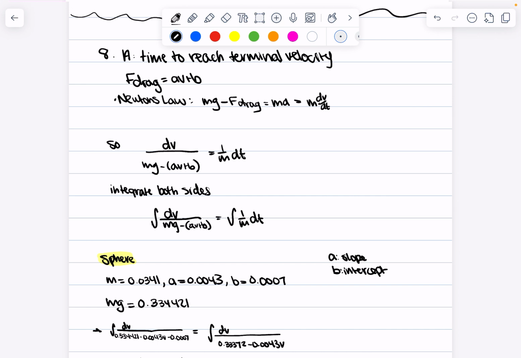dv over mg minus (av plus b) is equal to 1 over m dt, and to get time, you just take the integral of dt. So you integrate both sides, you get the integral of dv over mg minus (av plus b) is equal to the integral of 1 over m dt. So now for doing it for each one,